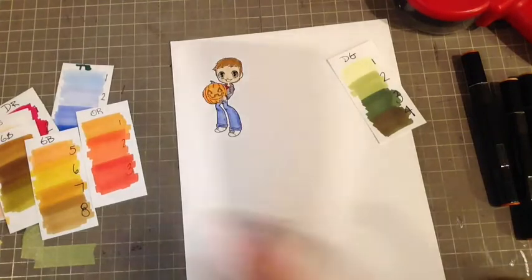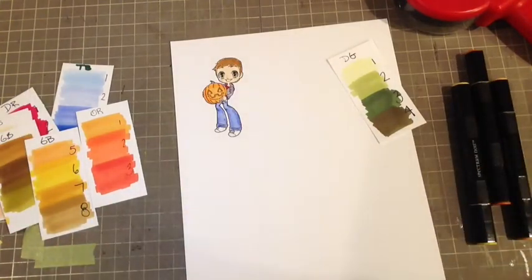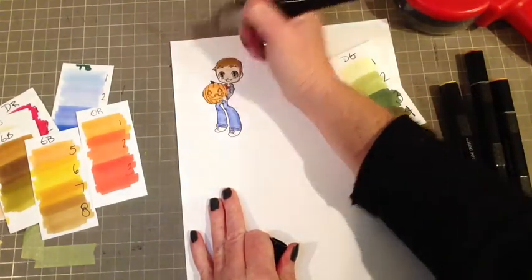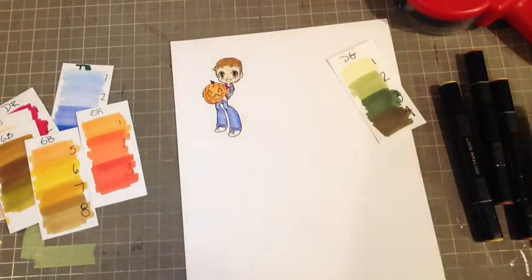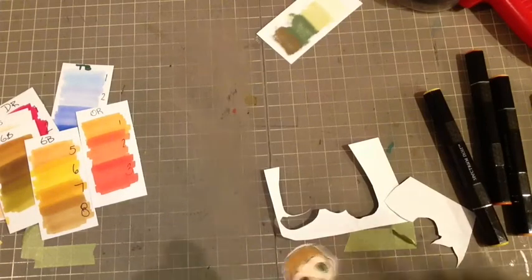And that looks good. And I just have to color his stem, and I'm going to go in with my GB10. Okay, I just need to cut that out, and